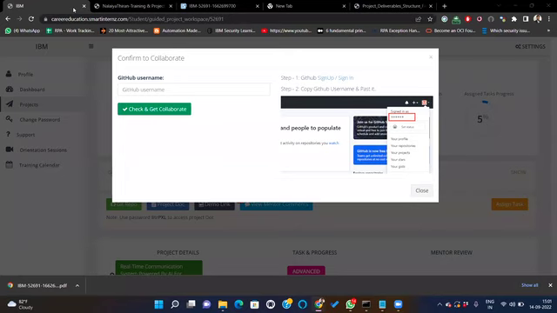GitHub option: student enters username, clicks check and gets collaborate button. There is no enable or move on to next step. Team ID. What to do for this? Just note this team ID, Shaina. Let me check the Git repo. Basically, the Git repos will be created for every team without fail, sir. I am 100% sure of this.